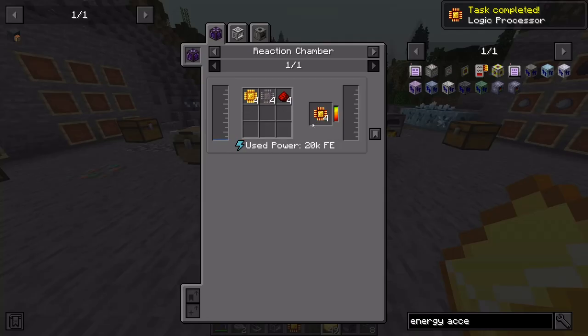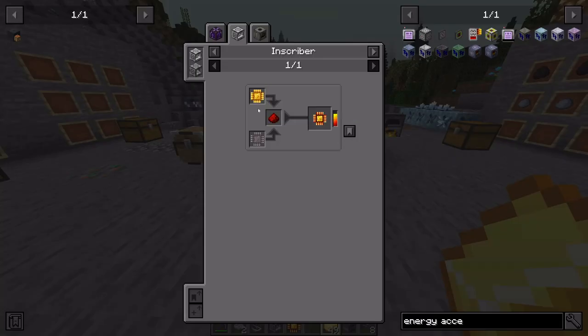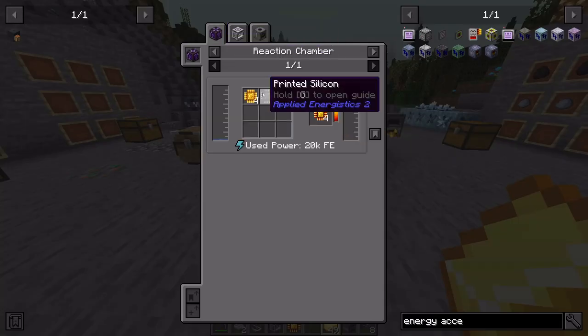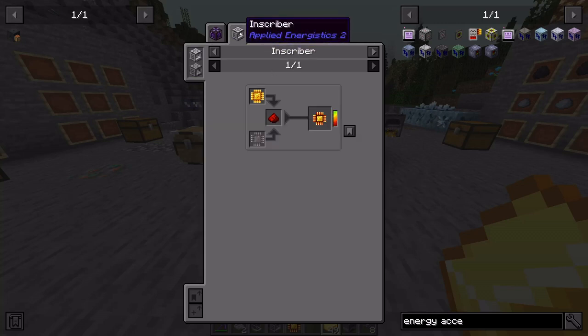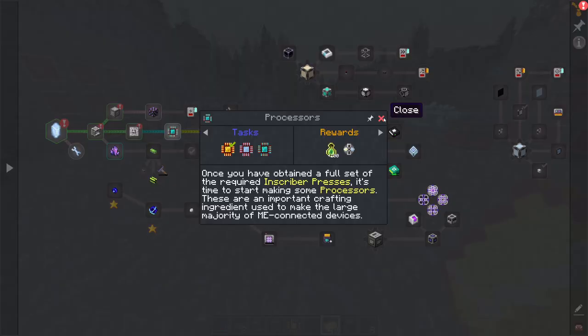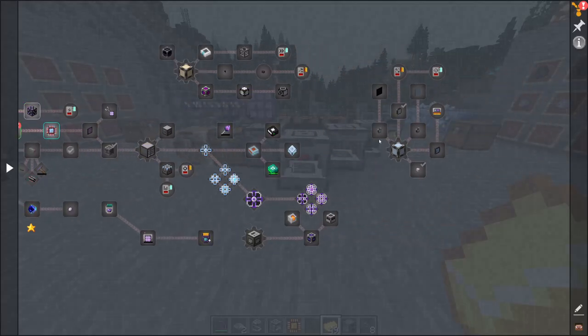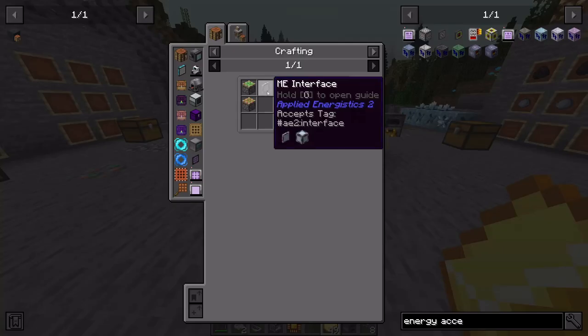Logic processor. Boom. So we just did this. You can do reaction chamber. It makes more, but to make the whole thing is kind of costly. So we're using the inscriber. Now that we have that, now we can make